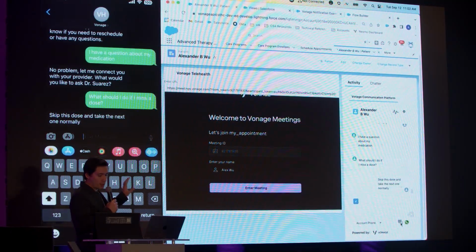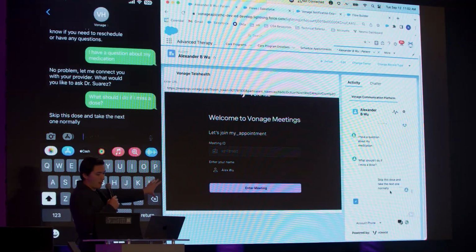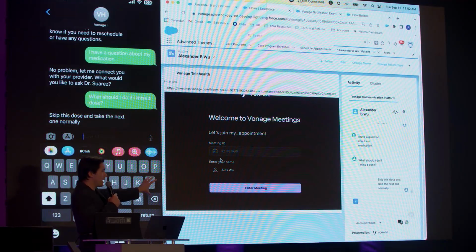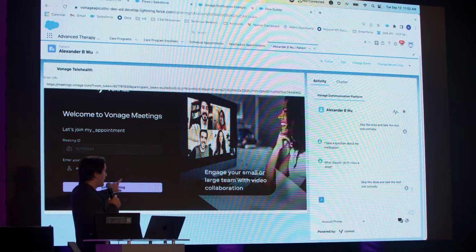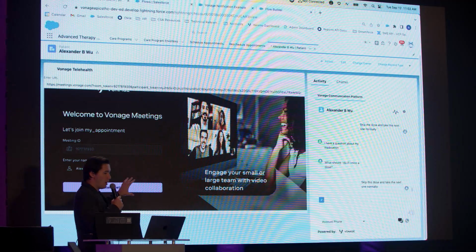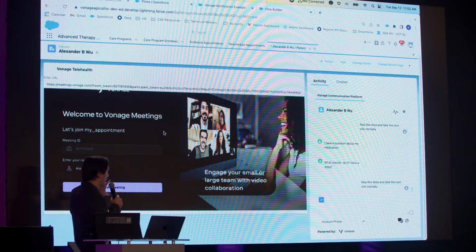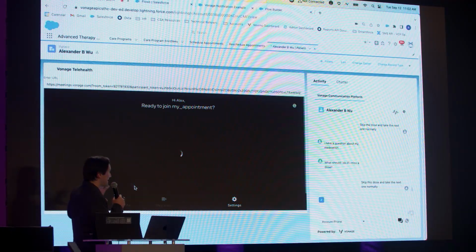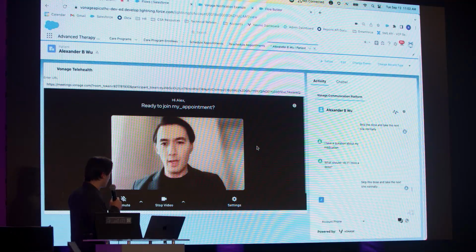The next thing I'll show is the Vonage Meetings API, which you can see in this Lightning component. The main benefit is that you can have a meeting with a doctor and a patient directly in Salesforce. And the best part is that this is just a couple of lines of code. All of the UI elements are customizable. They can be white labeled, and they can be used to create a seamless experience within Salesforce.